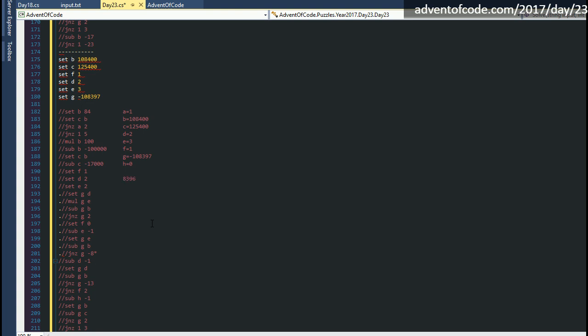Actually, I want those back because I'm going to need to do some of that. So this ultimately keeps decrementing G by 1 until we get to the point where G equals 0. So what's E going to look like when G equals 0? Well, E has to equal B. In the final loop, we're going to have